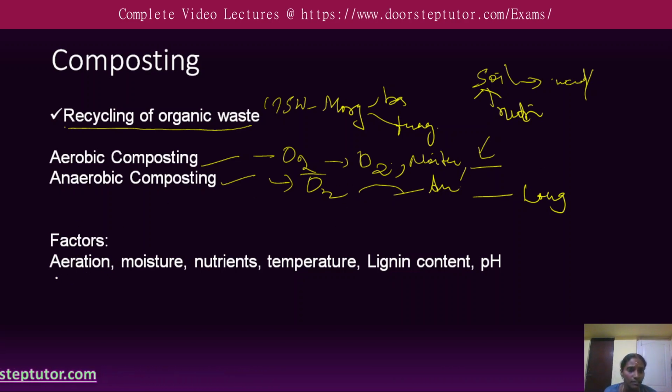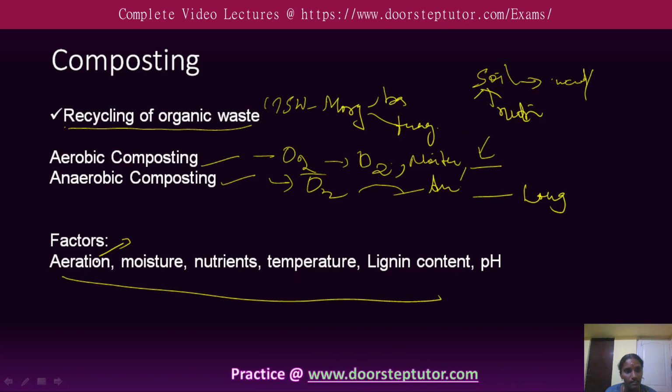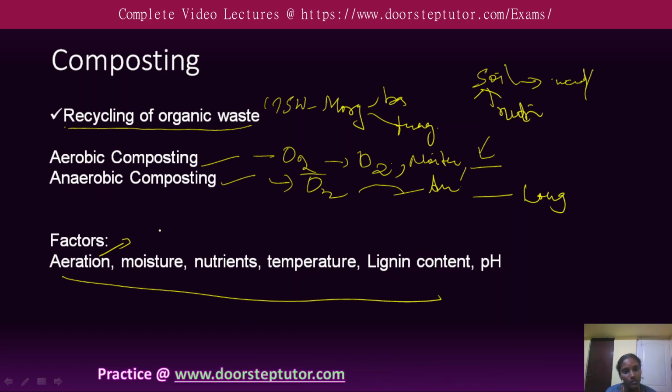And these are the factors that affect composting. The first one is the aeration. In aerobic composting, we need oxygen, whereas anaerobic does not need oxygen. That is, an adequate quantity of oxygen is required, or it is not required, depending upon the type of composting we use. And then the moisture. Usually in composting, we need to maintain 20 to 40% moisture content in the organic layers of the composting substances.